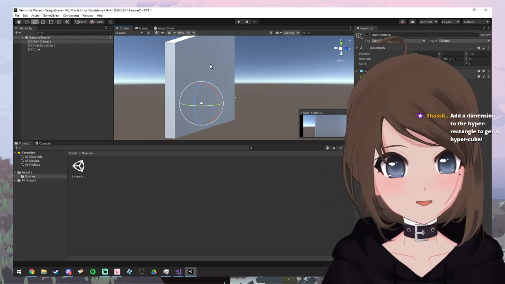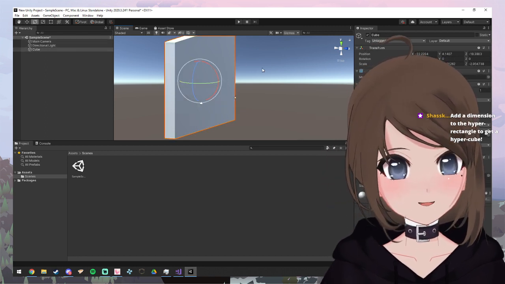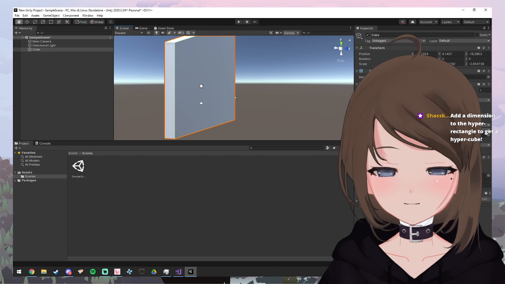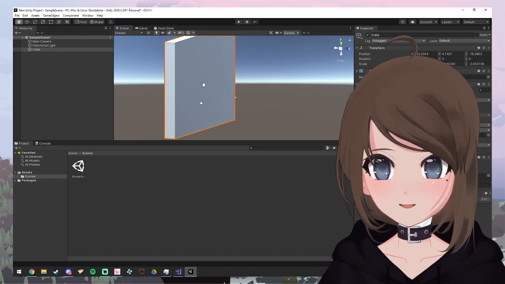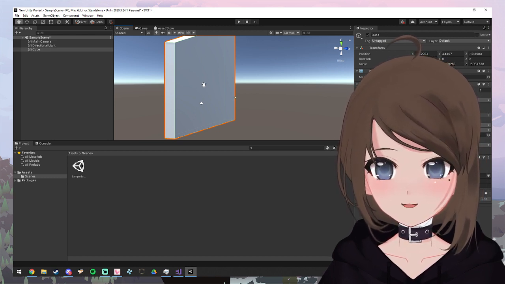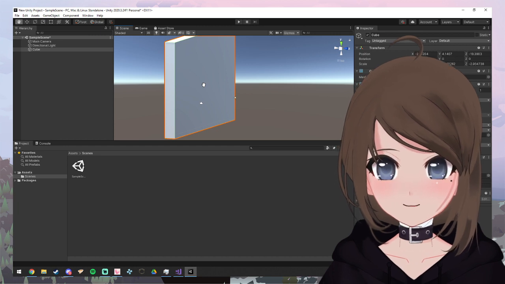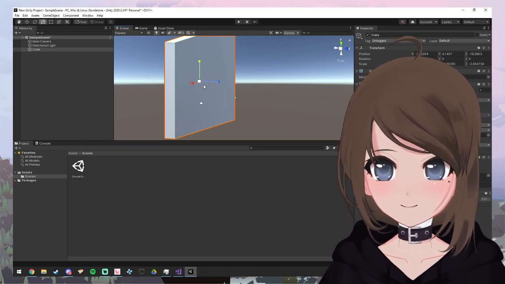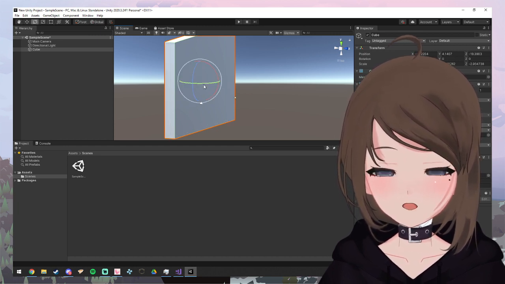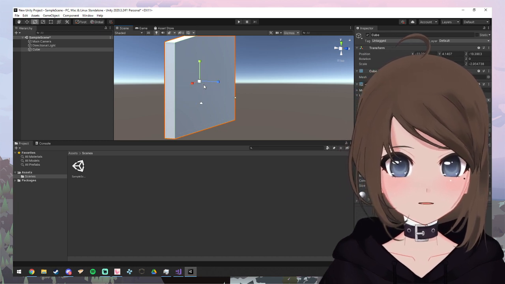Add a dimension to the hyper rectangle to get a hyper cube. I don't know how. So it's what I say it was. E, R, and T do this. Okay.